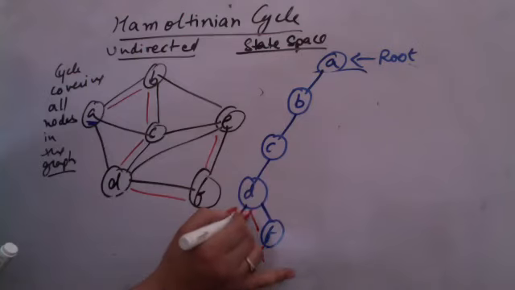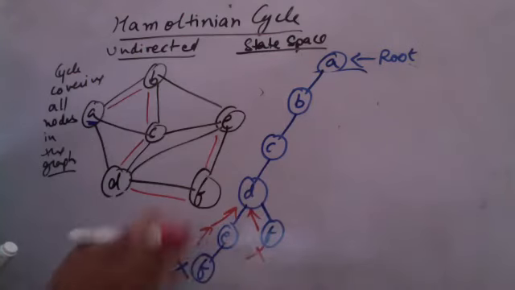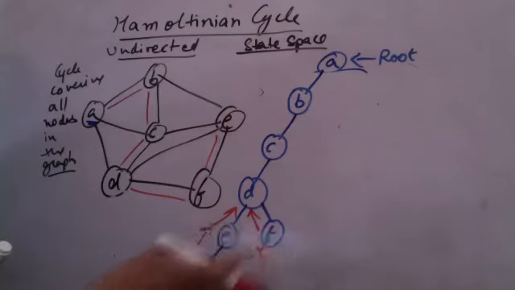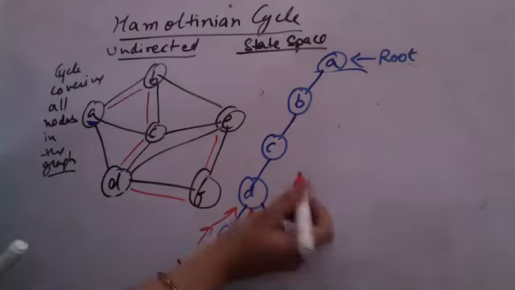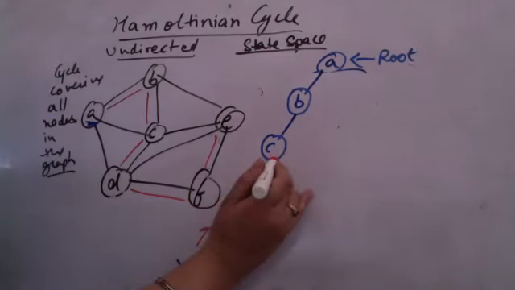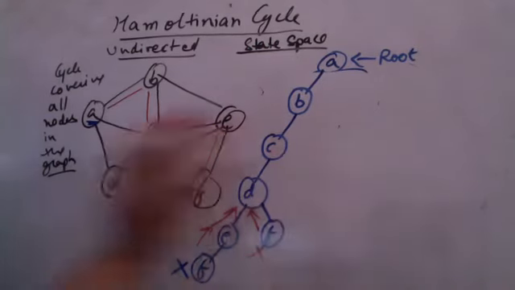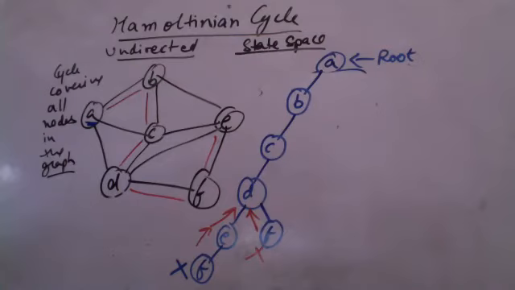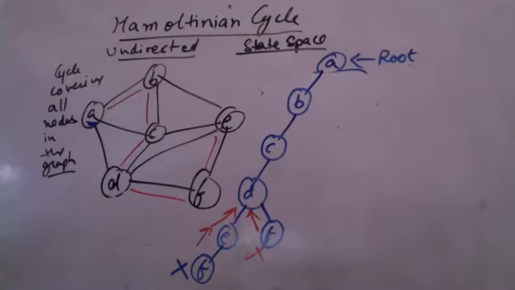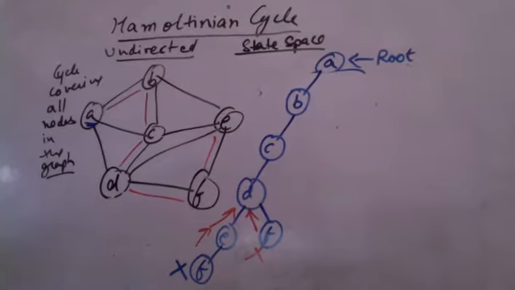So you backtrack. Do not include E. E has been considered here. The path from D to E is considered here. E will not be included here. Now you reach back to C. Yes or no? Yes, ma'am. Now when you are reaching from C,